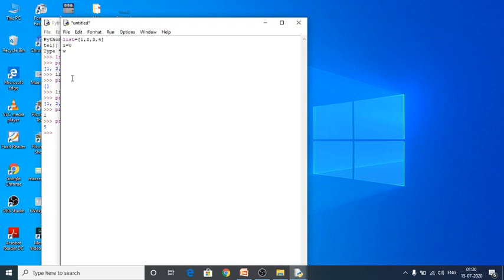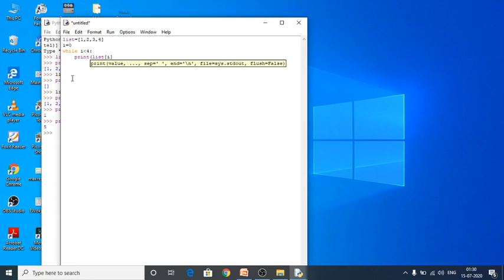Next is while i less than 4, here I have to give a colon and print the list of i, because i starts from 0 itself, which means it represents the index value of the list. So I have to close this one.